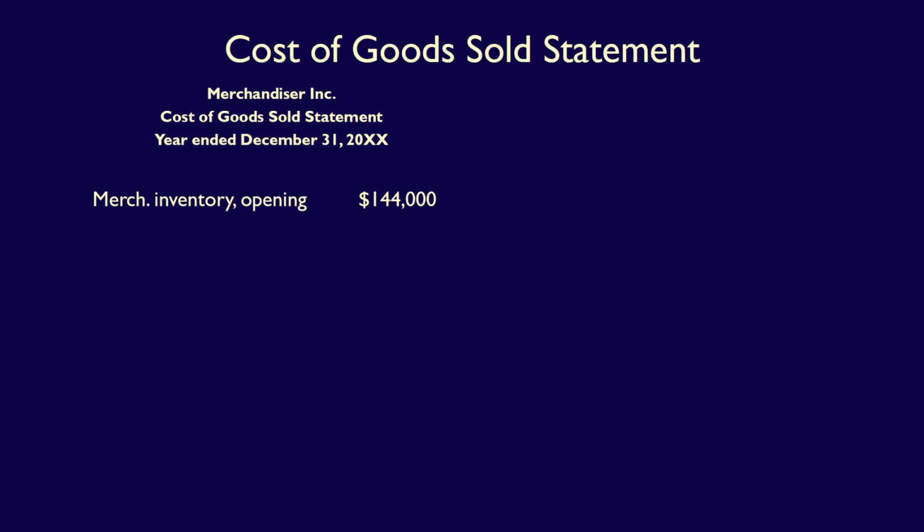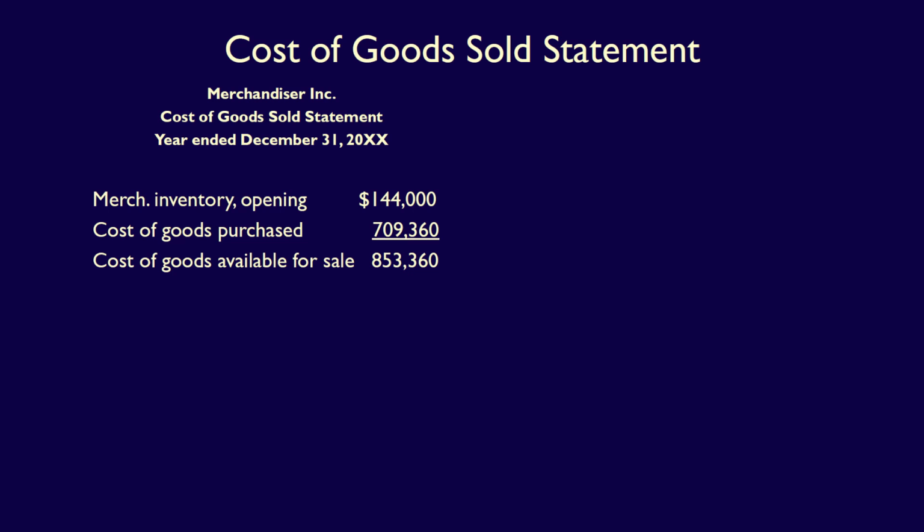This is the inventory which is still on the shelf at the start of the period, equal to the ending merchandising inventory from the prior period. We then add in the cost of merchandise inventory which has been purchased during the period, $709,360. This is the value of all the inventory purchases the company made throughout the year, which is also sometimes called net purchases. Added together, this equals the cost of goods available for sale, the cost of all the inventory which was available for sale to customers during the year,